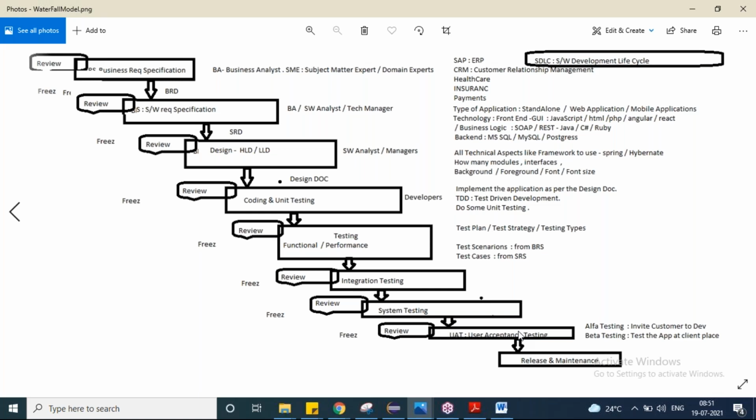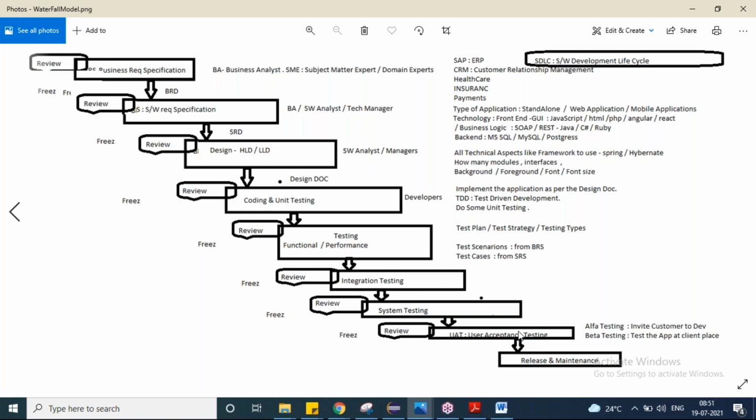Once you're done with integration testing, we go to system testing. System means as a whole, how your application is performing. For example, you have the Gmail application, and if you are sending an email from Gmail to Gmail, there will not be any problem. But if you're sending a mail from Gmail to Yahoo, how does it happen, or Gmail to Hotmail, or Gmail to Outlook? Across other systems, how is our system behaving? As a whole, as a system, if you are testing the application, we call it system testing, right?